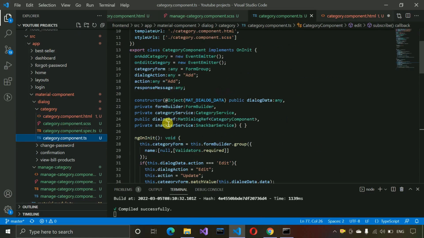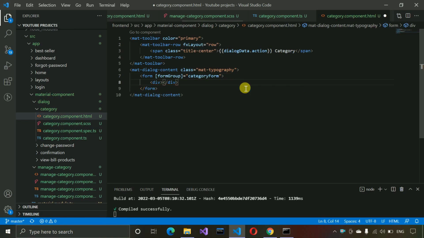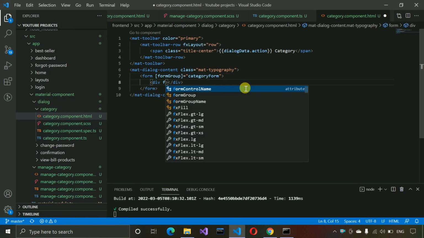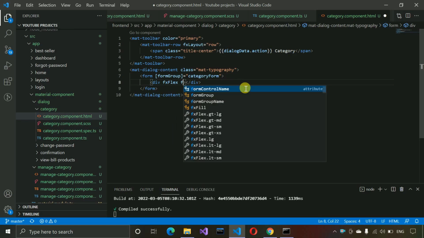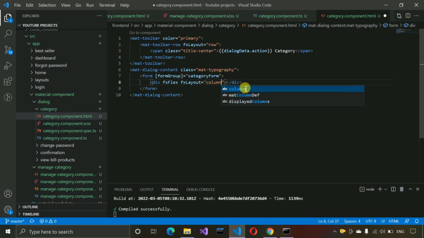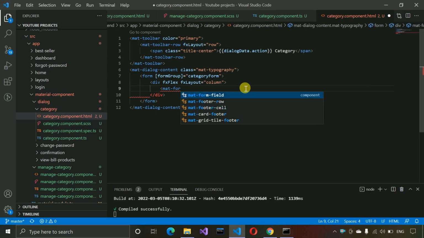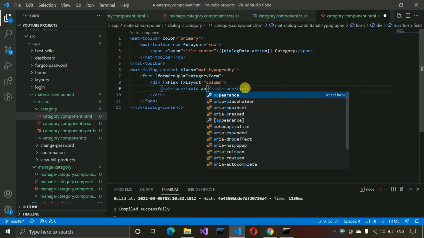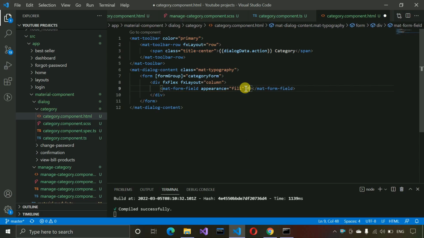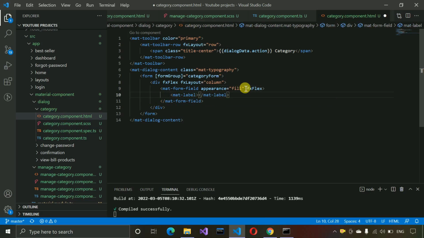So let me move a little bit up. So this form we need to pass, and after that we have to create a div and fx flex layout is equals to column, and after that here we have to write mat form field, this one, and the appearance will be fill, and fx flex, and the first mat label, this one, and here we have to write name,